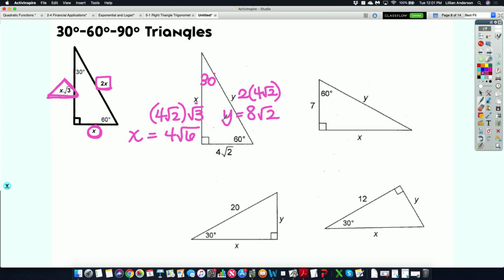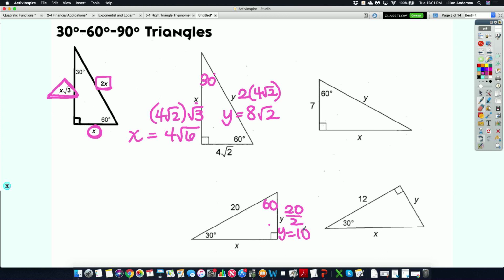All right? Let's look at this one down here, okay? I have a 30, 60, 90-degree triangle. The side I'm given is 20. 20 corresponds to which one of these sides? The circle, the square, or the triangle? Square. The square. So 20 is equal to 2x. It's twice my shorter side. So you would divide it by 2 to get my shorter side. Which one of these is my shorter side, the x or the y? Y. The y. So to find y, I'm going to divide 20 by 2, and I get, so my shorter side is 10,